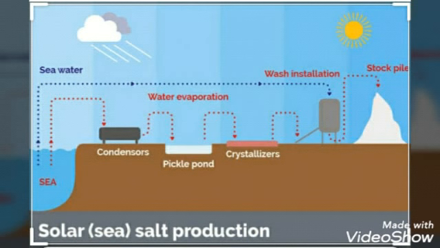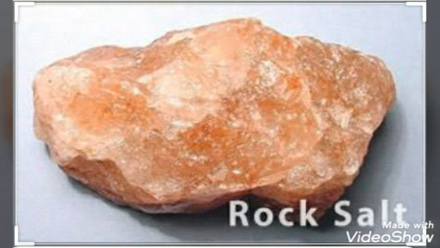The seawater is trapped in large, shallow pools and allowed to stand there. The sun's heat evaporates the water slowly and the common salt is left behind. Since it is impure because it has some other salts mixed in it, it is purified to obtain pure common salt. Let us now study about how this common salt is obtained from the underground deposits.